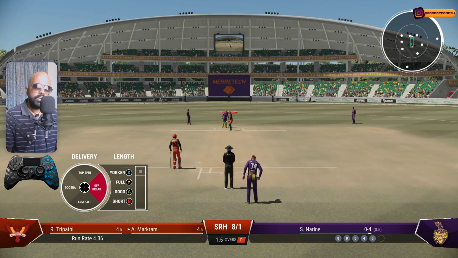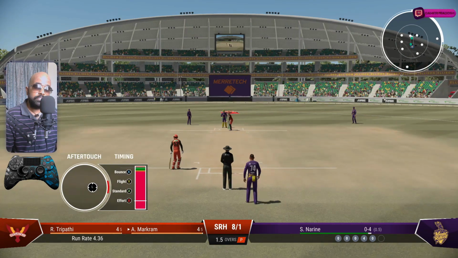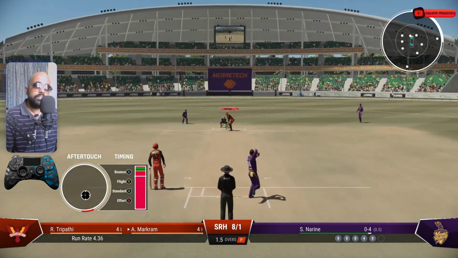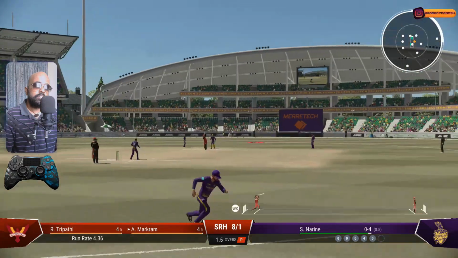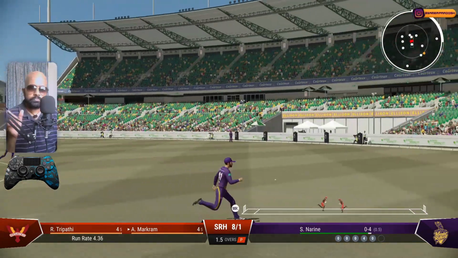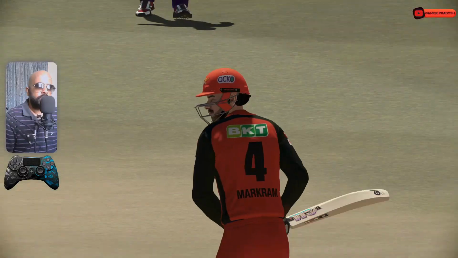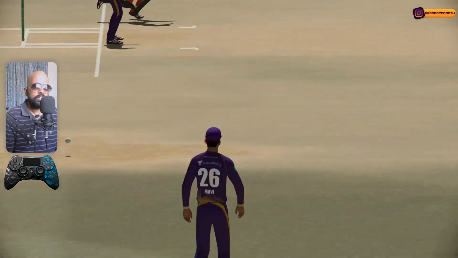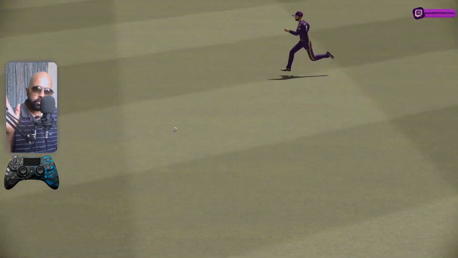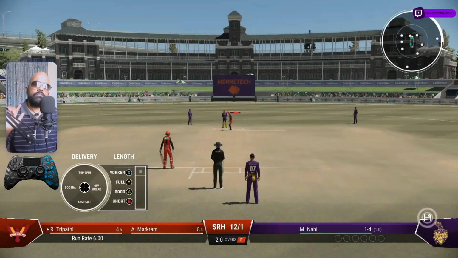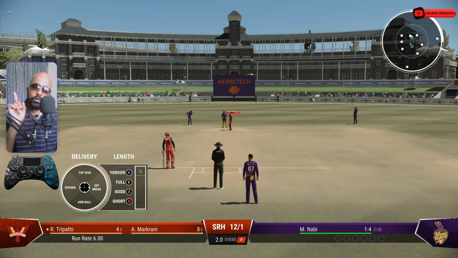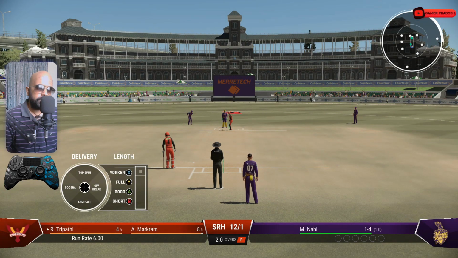Off break. Okay. Good length. Shorter one. Faster one. Yeah. Line was wrong. So in this, if you see, the line was wrong and what he played was a good shot. So what we came to know with that, don't bowl that delivery in the power play